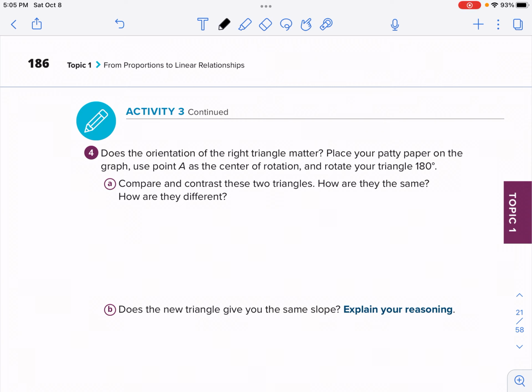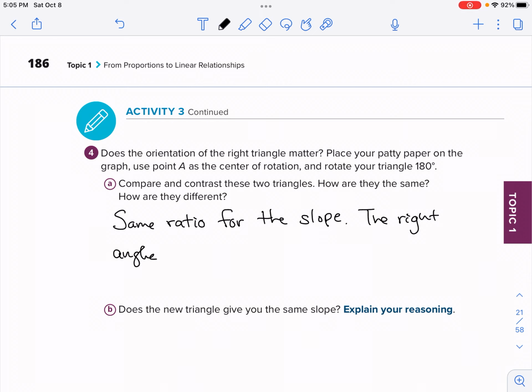Compare and contrast the two triangles. How are they the same? They still have the same ratio for the slope. Something that is slightly different here, right? How are they different? The location of the triangle is switched, but we'll say the right angle is how we drew it. The right angle was, we'll say, top left